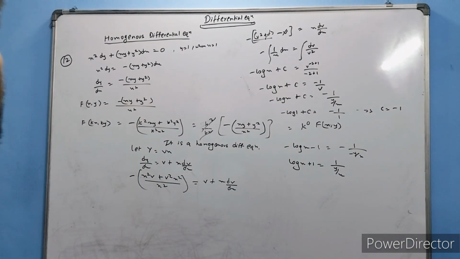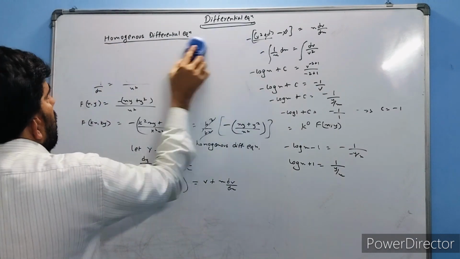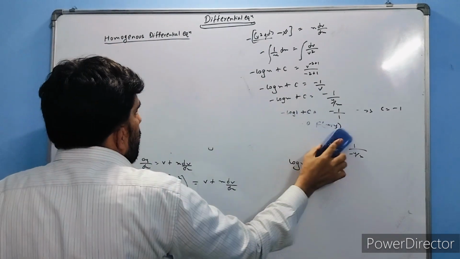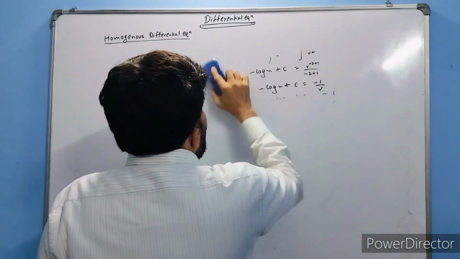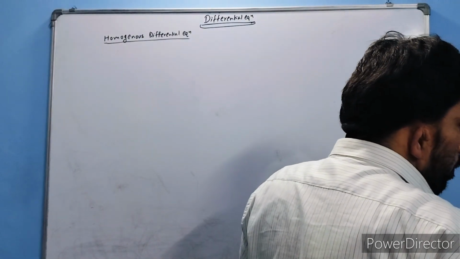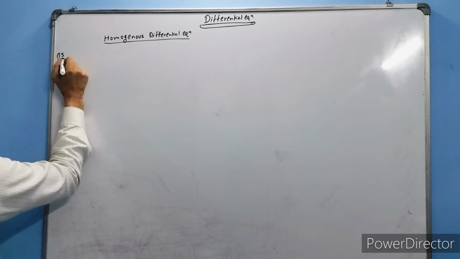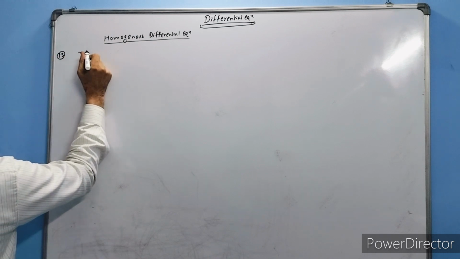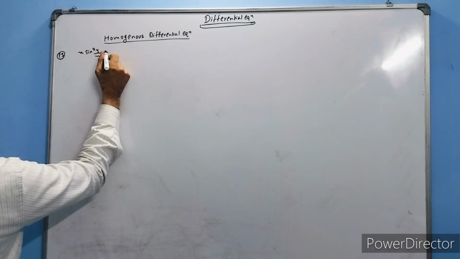Now let us try to solve the next question, the 13th. We have solved 12 questions today. Now I'll try to solve the 13th one. What have they given? The 13th question is x sine square of y upon x minus y,